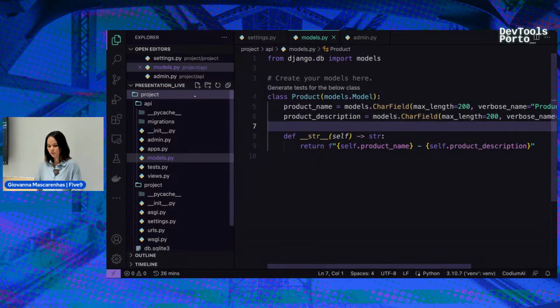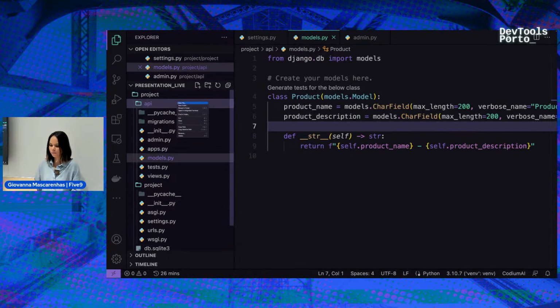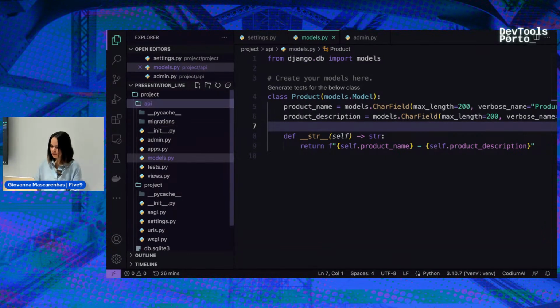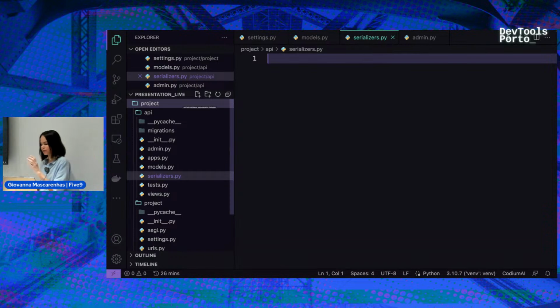So for that, we're gonna create a file called serializers. And the serializer file takes care of the serialization of the data. So you don't need to worry about turning your data into JSON and everything. It's very easy to use.